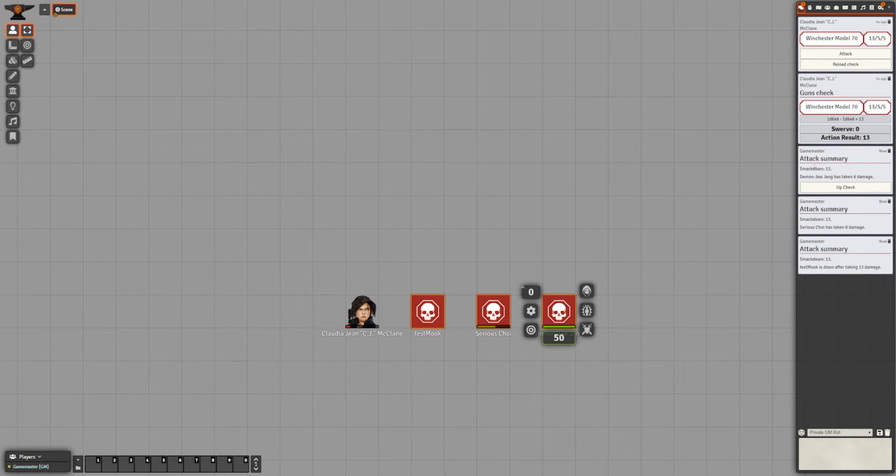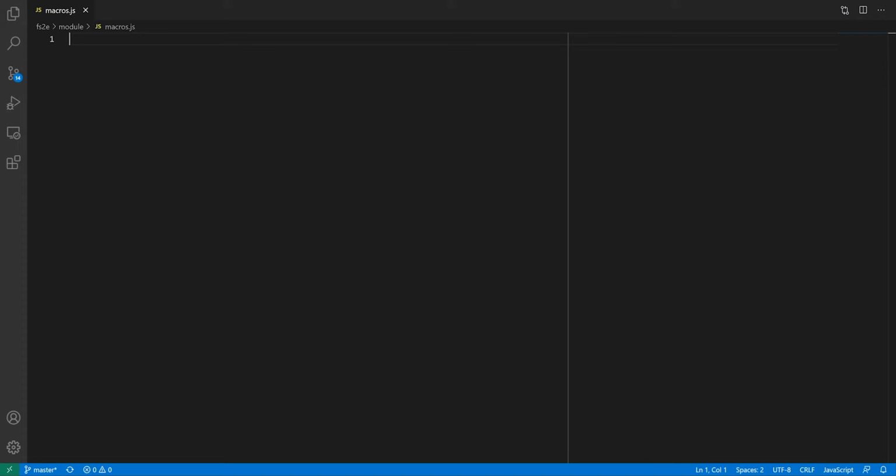But since these are random by design, it wouldn't be a time-efficient testing strategy to keep rolling dice hoping we get the result we want. So we need to construct fake rolls that consistently give us the result we want. I create a macros.js file in which I'll import the functions from the dice file.